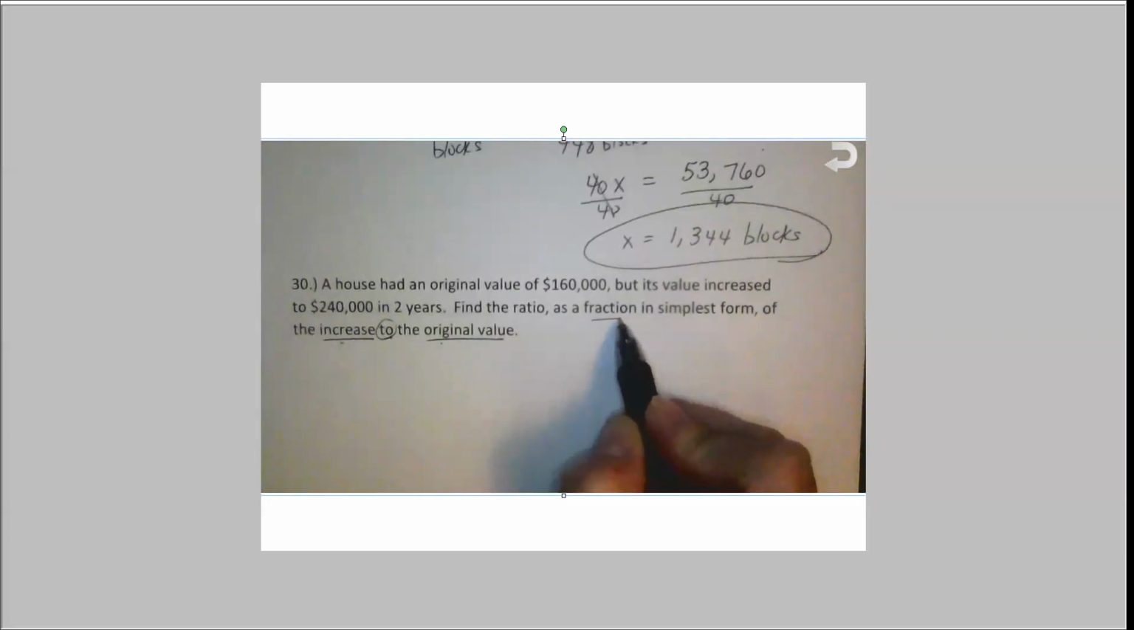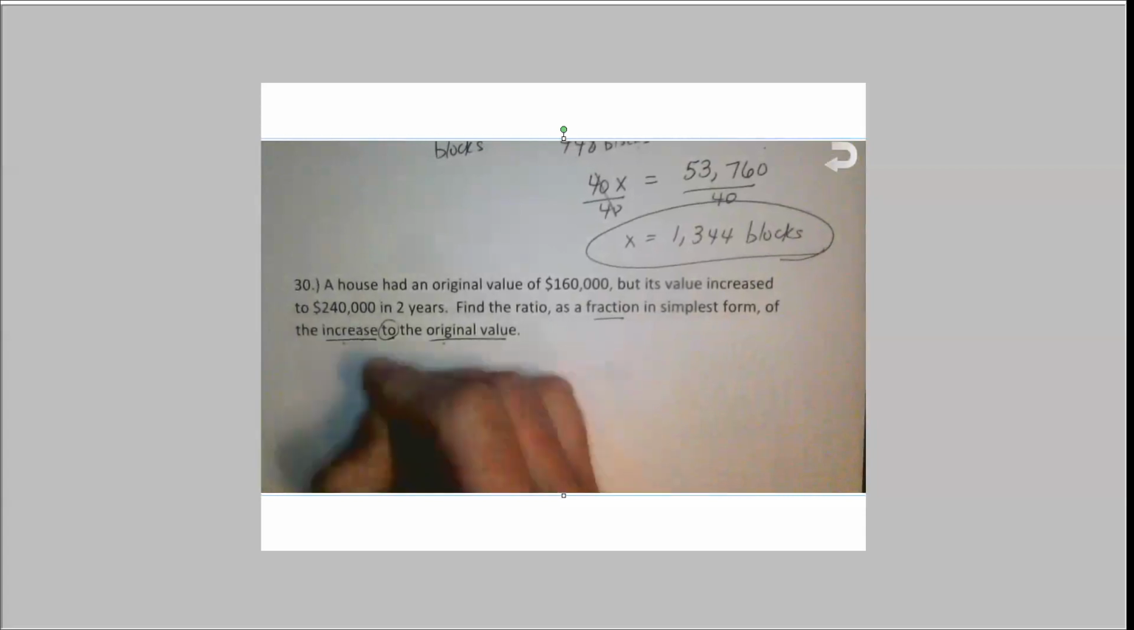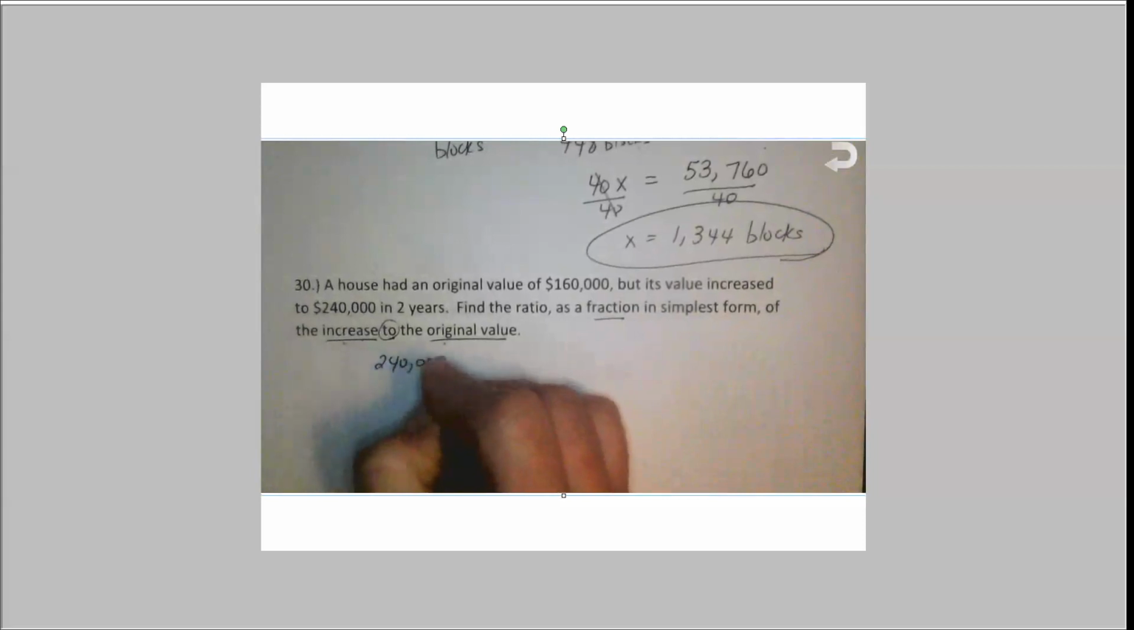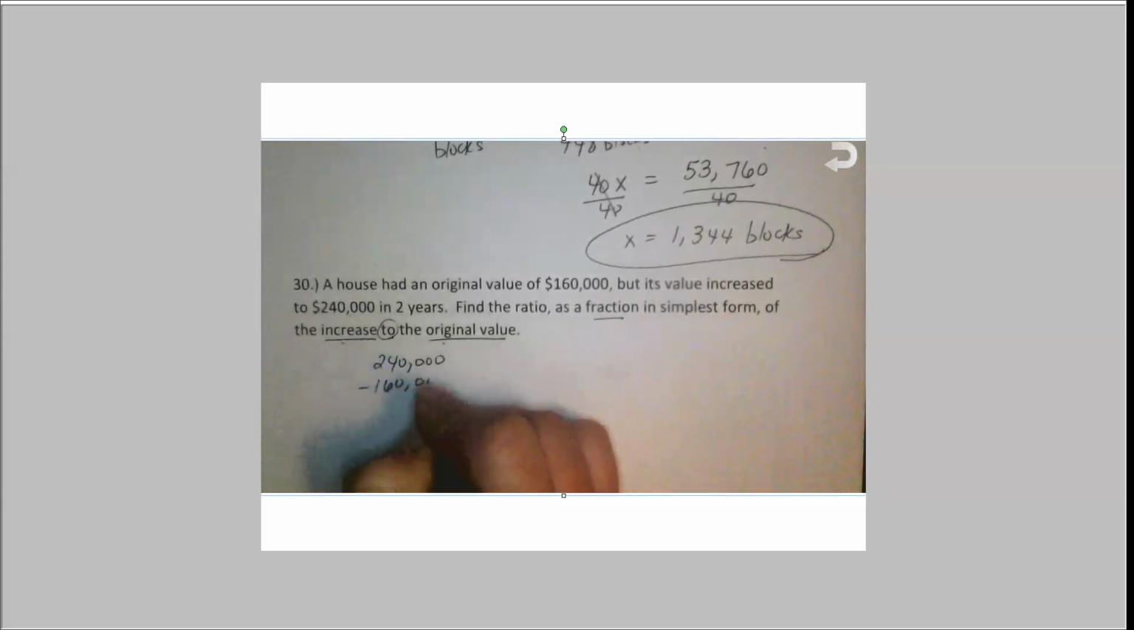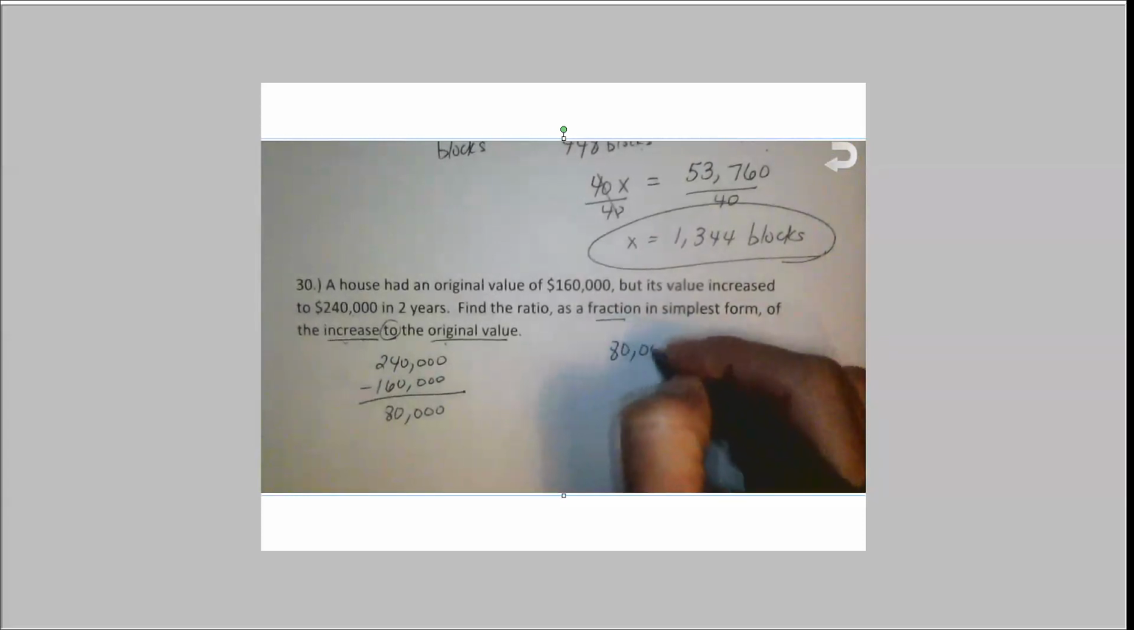I need you to be really careful on this problem, and you are going to have a problem like this on your apply this week. The increase in value is not $240,000. That is the new value on that home after the increase has been made. So I'm going to have to subtract that new amount minus the old amount to see how much did the house increase. And that's going to be a value of $80,000. So the increase in that home, it went up $80,000,